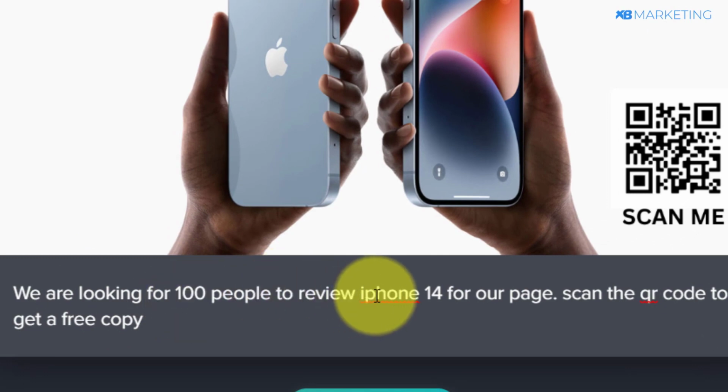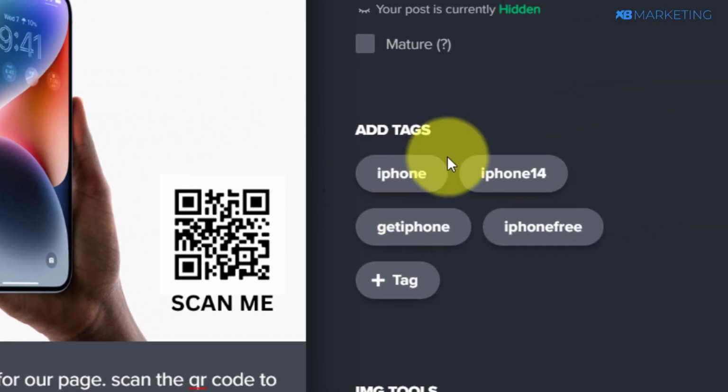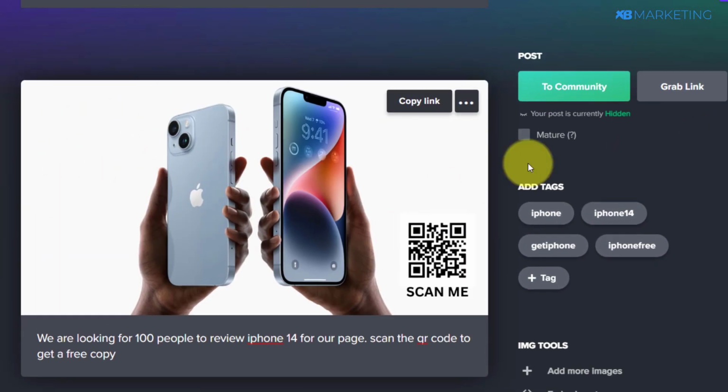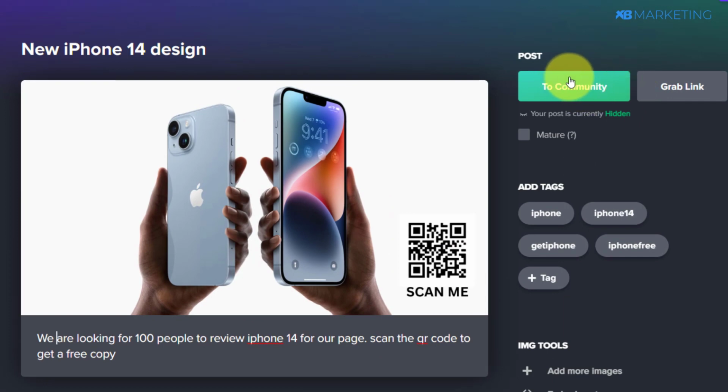We are looking for 100 people to review iPhone 14 for our page. Scan the QR code to get a free copy, and you want to also add in some tags right here: iPhone, iPhone 14, get iPhone, iPhone free. So basically this is all you need to do, and all you just need to do from here, post to community right here. And once you do that, you are going to start getting a lot of views on